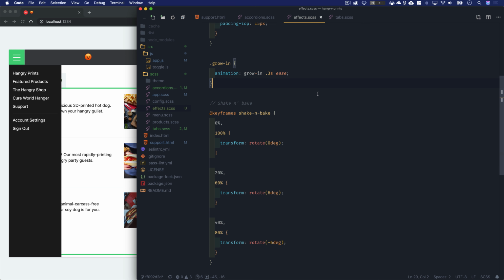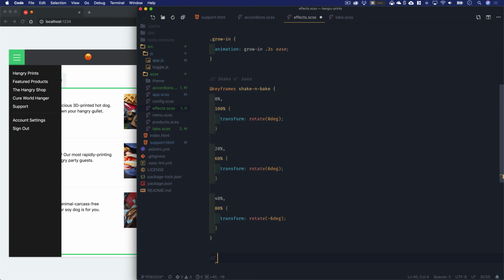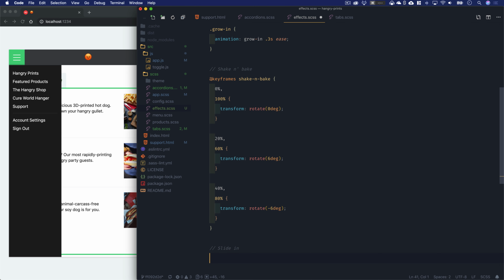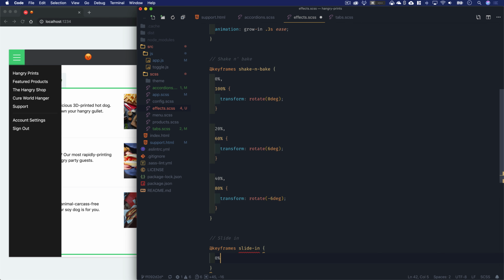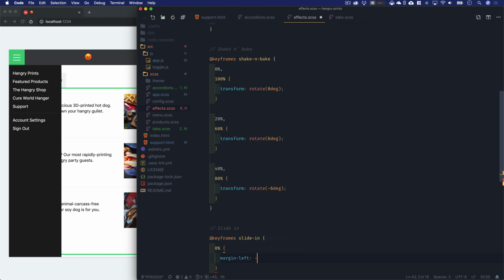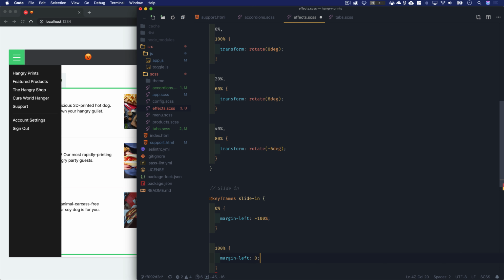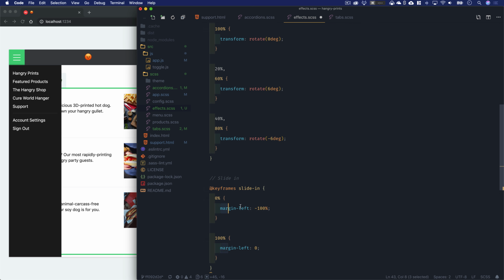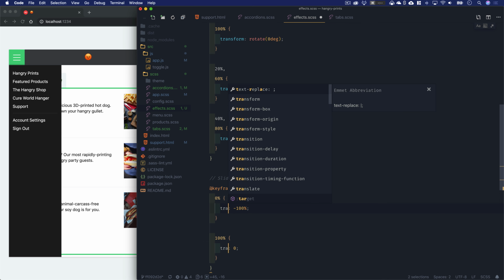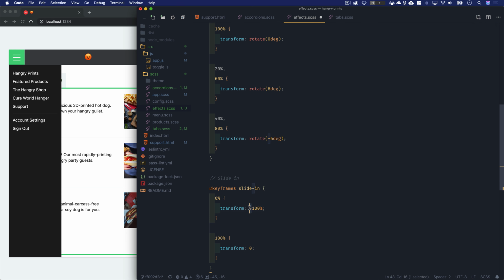In our effects.sass, let's go down here and let's add slide in, and we'll do a keyframes, of course, for slide in. It's going to go from 0% margin left negative 100% to 100% margin left 0. Oh, and you know what? I should do a transform, not a margin left. What am I thinking? So we'll do, in both of these cases, translate X